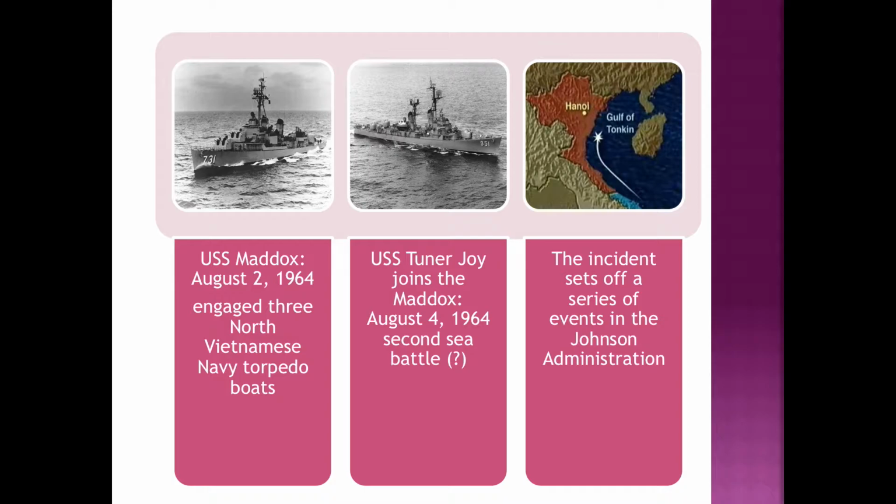4 North Vietnamese sailors are killed in this engagement, by the way. But this whole day, there was a lot of confusion going on. There was a lot of back and forth, not really sure what took place. So 2 days later, on August 4th, the USS Turner Joy goes out along with the USS Maddox. And supposedly on this day, the 4th, there's a second sea battle. The Turner Joy picks up torpedoes in the water. They believe that there are other ships out here, and both the Maddox and the Turner Joy begin to fire